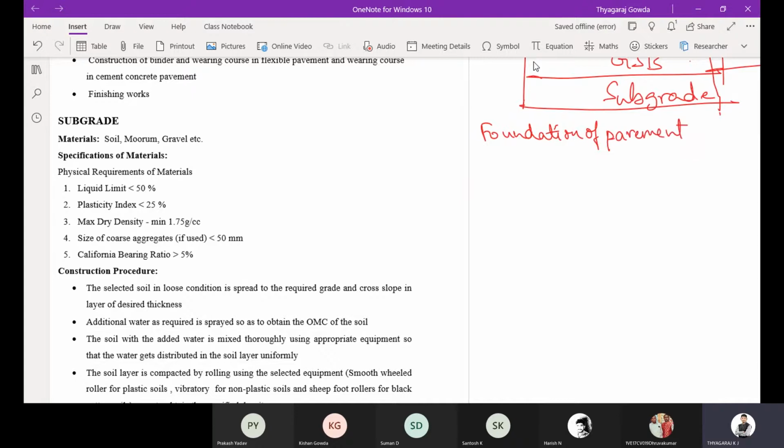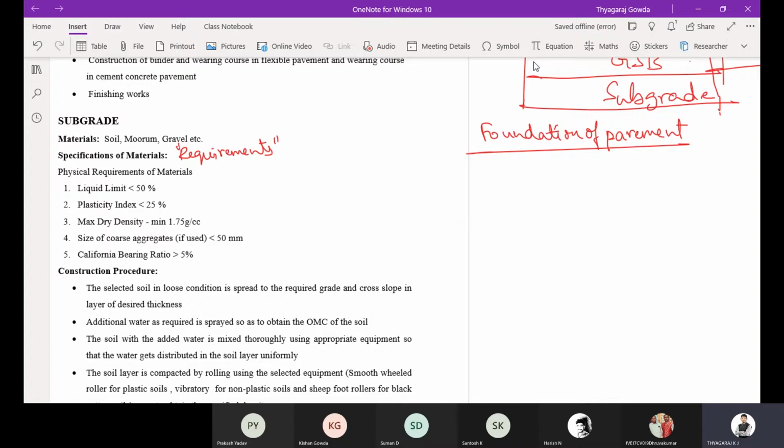In the subgrade, all the stresses from the top layers will be transmitted to the subgrade, and from the subgrade the stresses will be transmitted to the natural ground. So first we have to see how we are going to construct this subgrade, what materials we are going to use and what the material specifications are. That is the minimum requirements. We can call these specifications the requirements of the material. What are the material requirements for the construction of the soil subgrade?